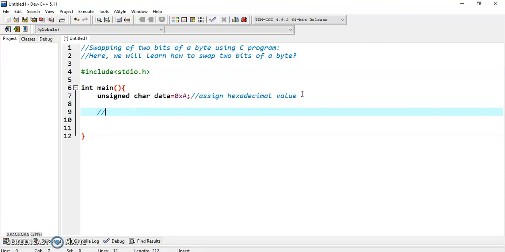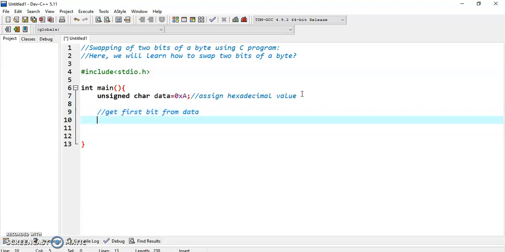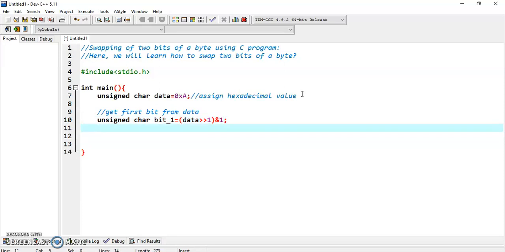Here we get the first bit from data: we take the type unsigned char, variable bit1, and the value is data shifted right by 1. So it shifts on the right side.